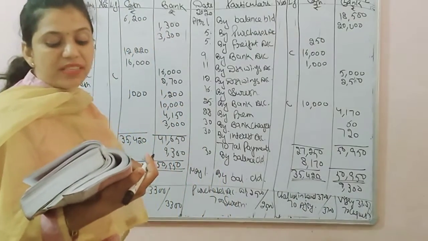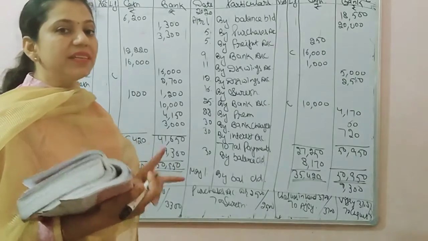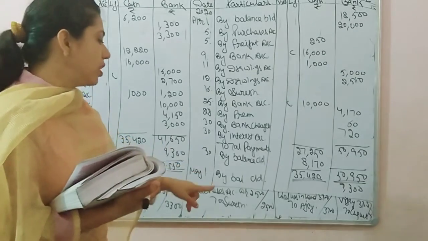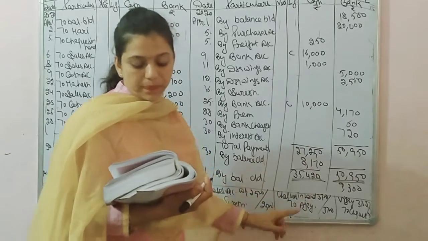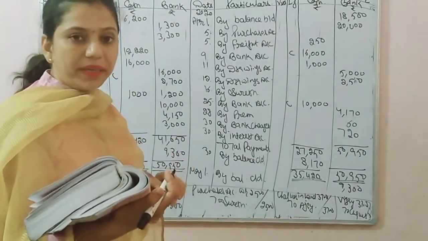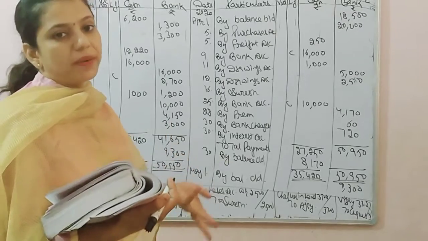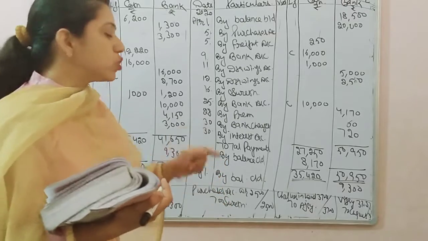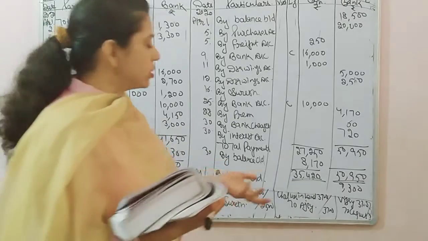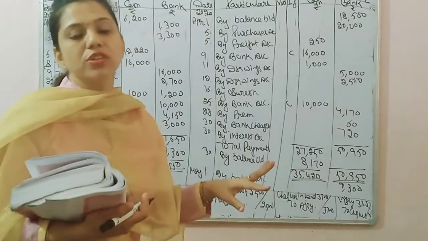Next, received a check from Ajay on 17 and not banked. That means this check is not deposited into bank. So checks in hand to Ajay. We will write it in journal. And on 20th, check received from Ajay endorsed to Vijay. We don't have received anything in cash. So this check is endorsed to Vijay. So Vijay to checks in hand. There will be no transaction regarding cash.